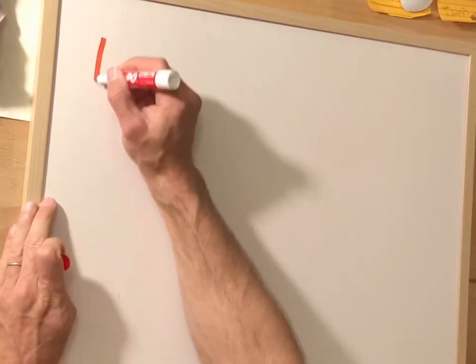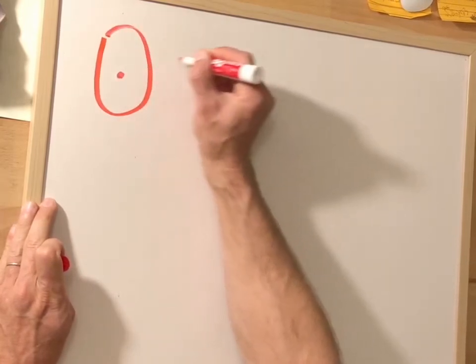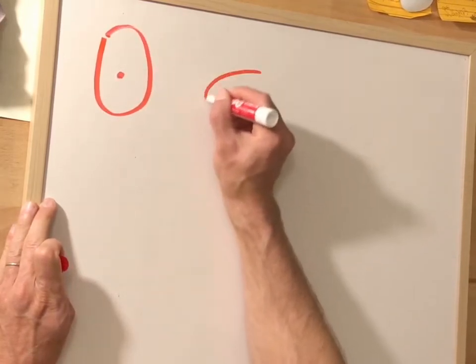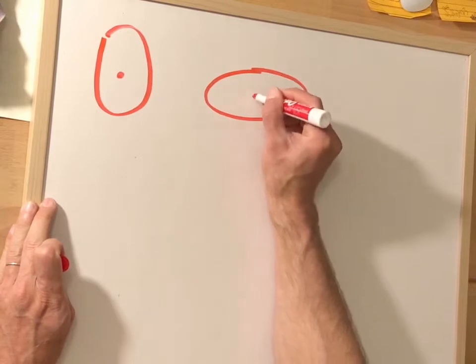Okay, so what we're going to be talking about today is something called an ellipse. On your notes, what an ellipse looks like is pretty much a stretched out circle. Now, what I do is I draw two ellipses here, then let's say another one here. So what this is